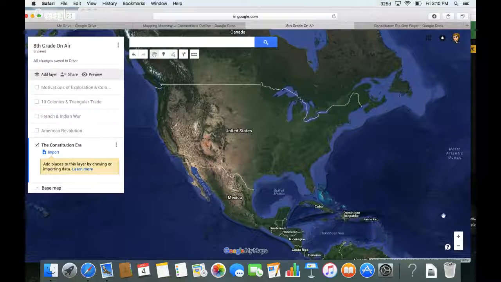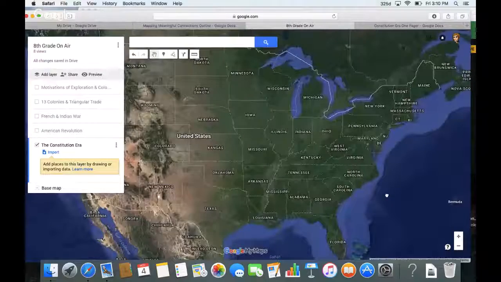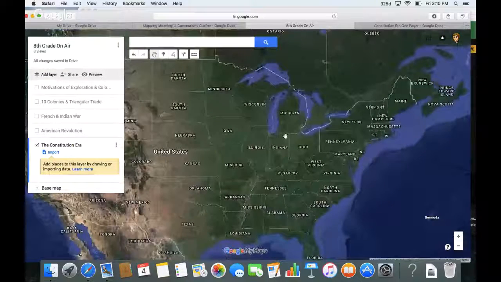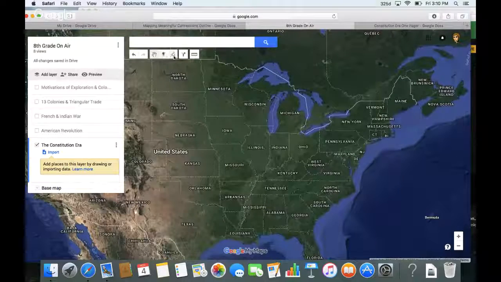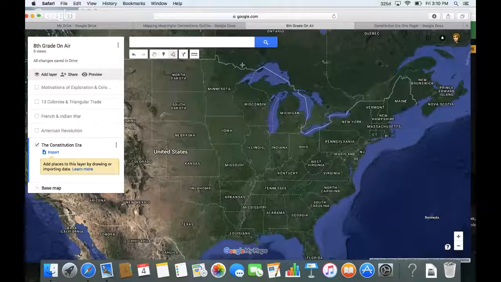So what I want to do is zoom in so that we can see where all of our states are. And you can use the map that's on page 225 in your textbook if you need another map to look at. But we're going to map the Northwest Territory. So we are northwest of the old 13 colonies, and so we're going to focus on the area west of the Appalachian Mountains. So we'll start by outlining Ohio,